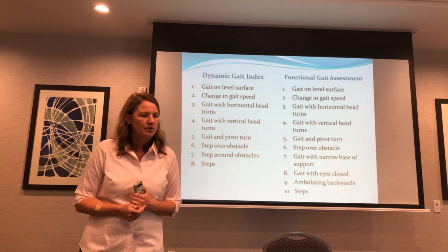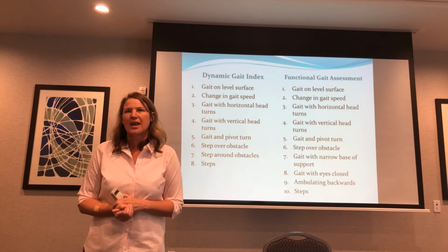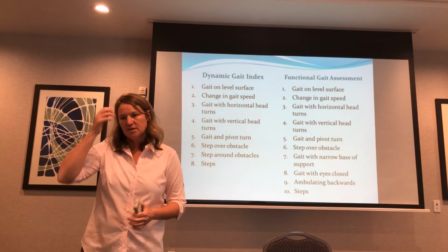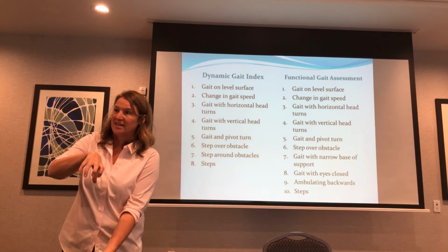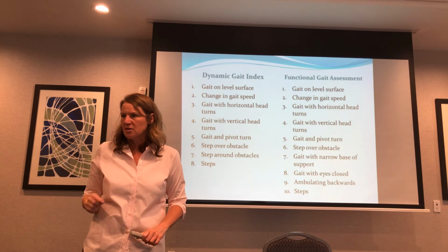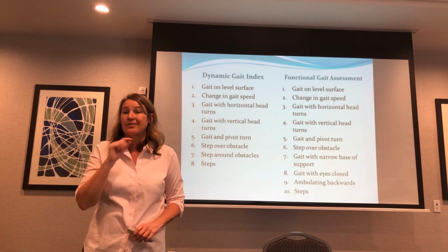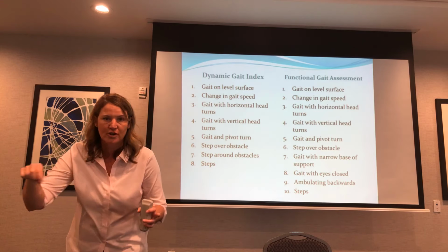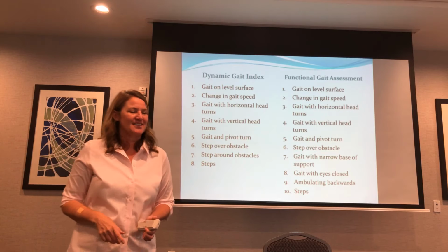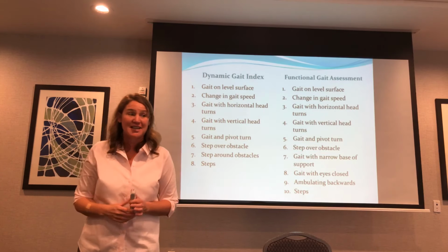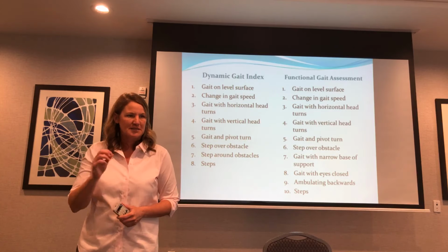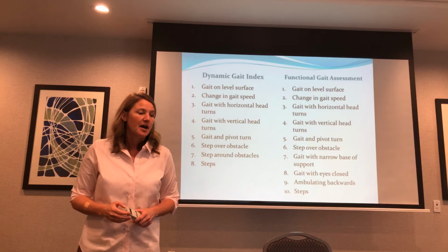So gait with pivot turn, step over an obstacle. It has you do either one shoebox or two shoeboxes. A lot of times I'll use one shoebox and then I'll stand it on its end for the two shoeboxes. It gives you the measurements and so forth. I've got some boxes back there. I used to be really careful and measure the boxes and try to make them perfect, but now you get whatever shoes we bought recently. So they're just not exactly specific to the test itself, but in a testing environment, you should try to be as close to the specific measurements that they want.